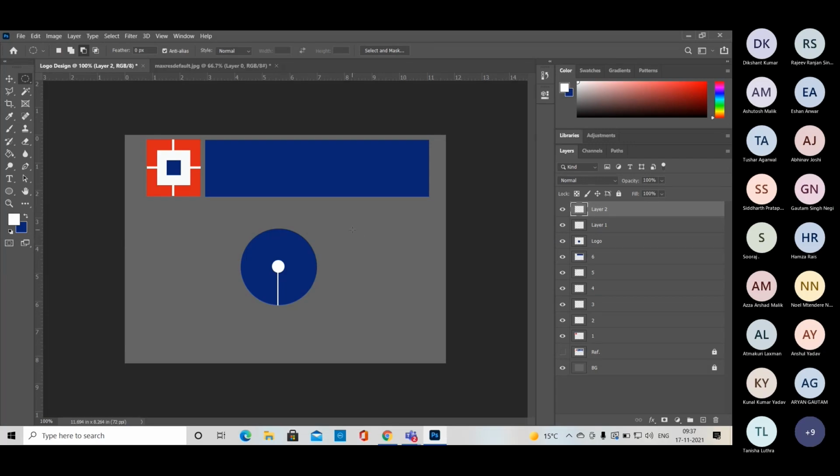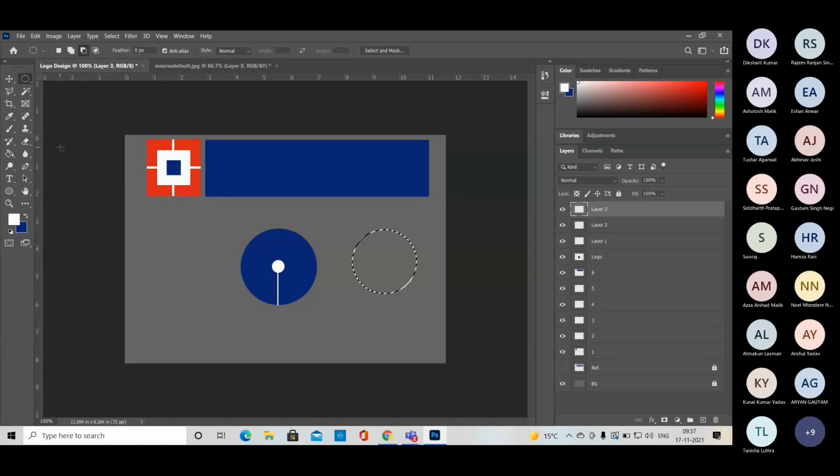So suppose I have to design a different kind of logo, and this is my selection, right? I want to take a half circle. Half circle means half circle. So how can we make it a half circle? What's the option for that? We have to use only the same tool. How can we crop it? It's another option. We can delete it after selecting the whole shape. We can fill the color and change it. We want to take half, so we can do the same thing. I'm just giving a demonstration. How can we do it?